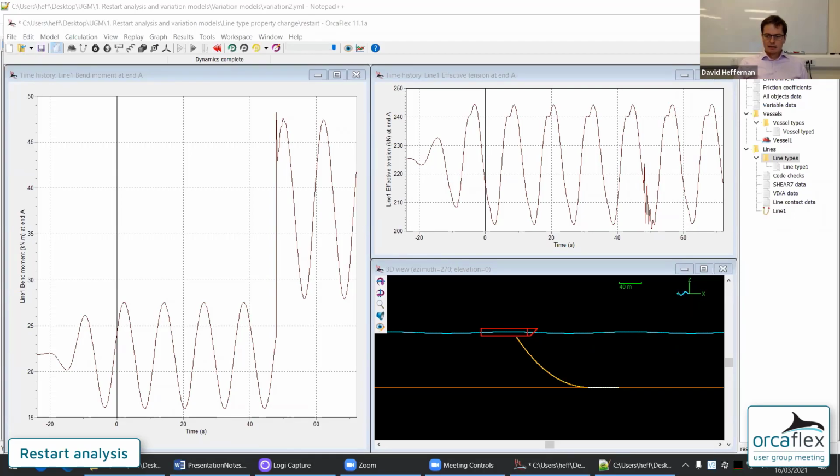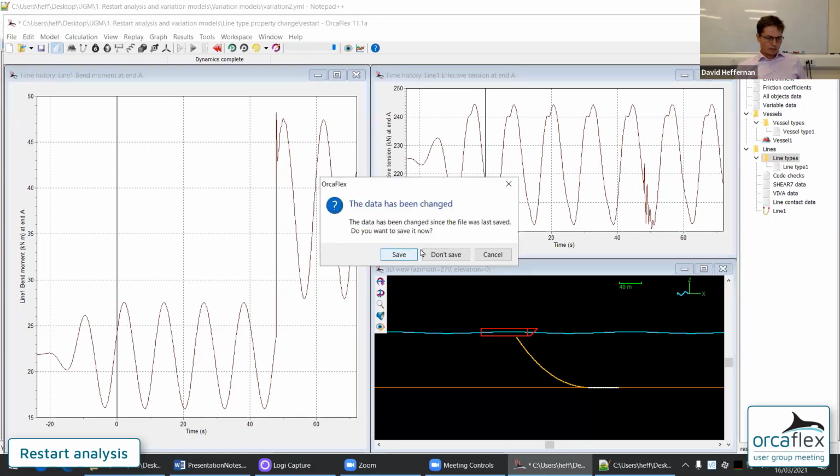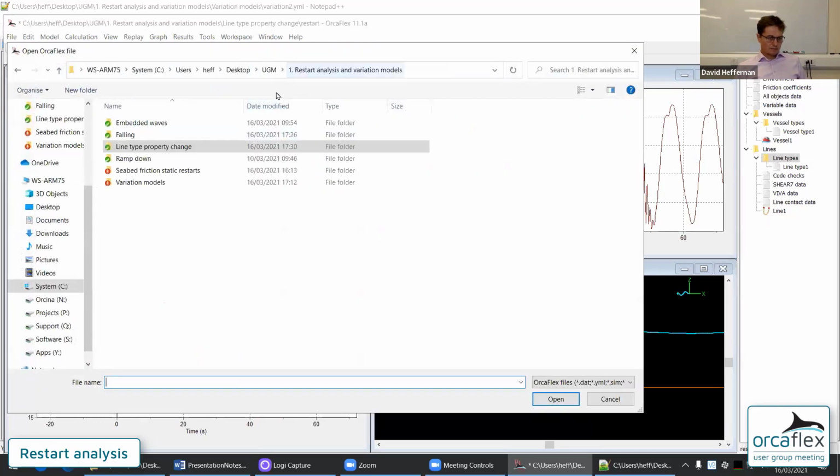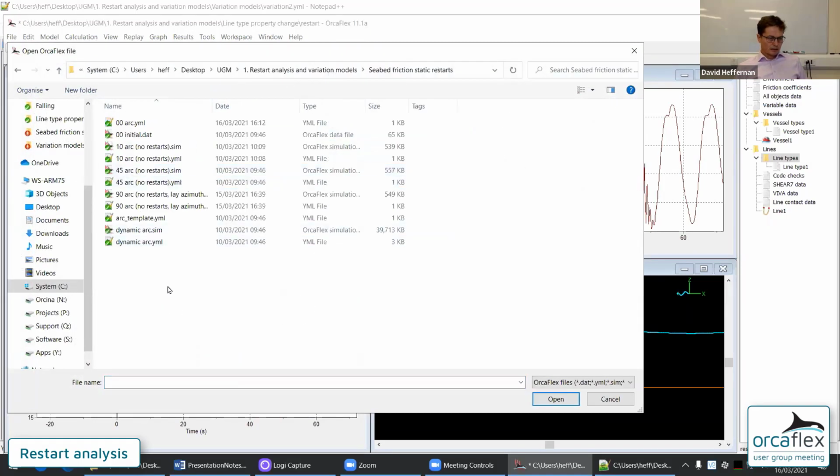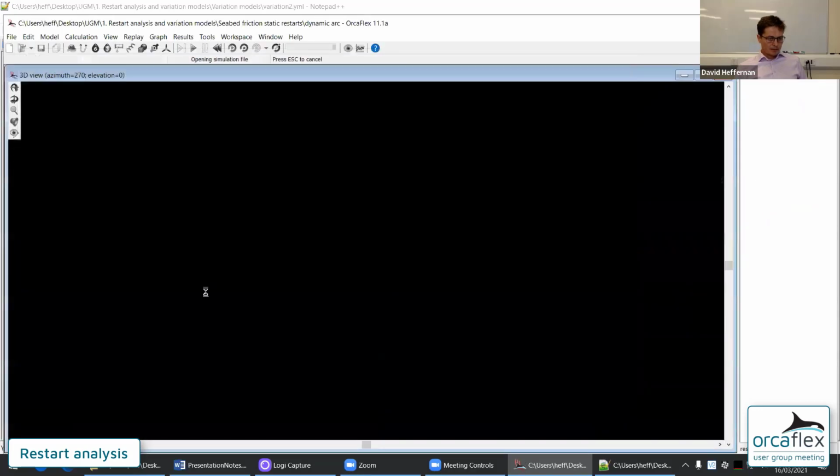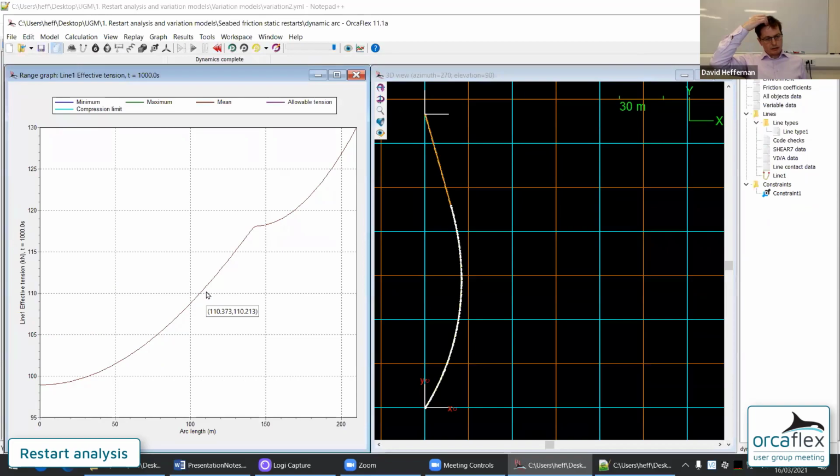And this example looks at seabed friction and how some scenarios can be modeled with restarts. And I'm going to start by showing a dynamic analysis of the scenario that I want to model.